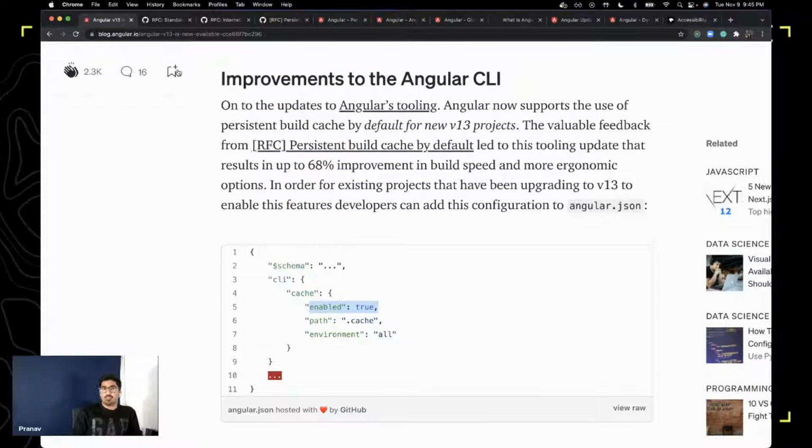But let me tell you something. Angular actually implemented this with v12, but they kind of made a mistake. They implemented the cache inside the node modules folder. Now, if you know anything about programming or anything related to node modules,